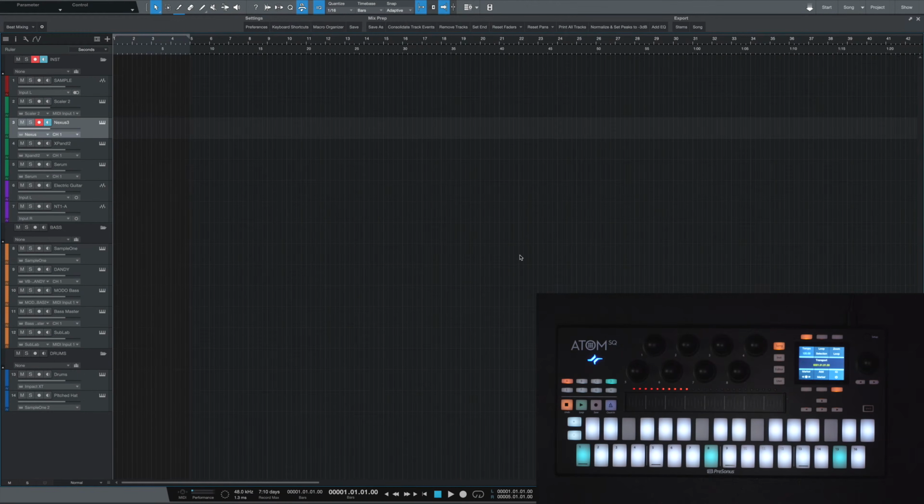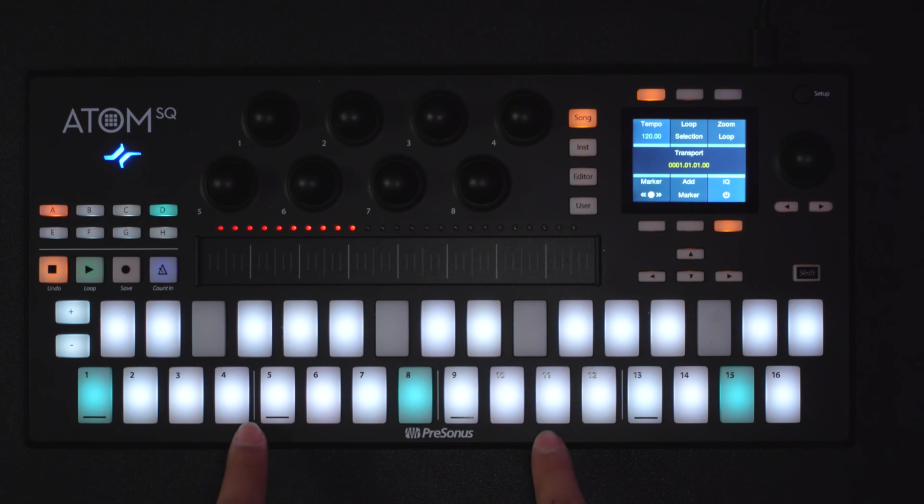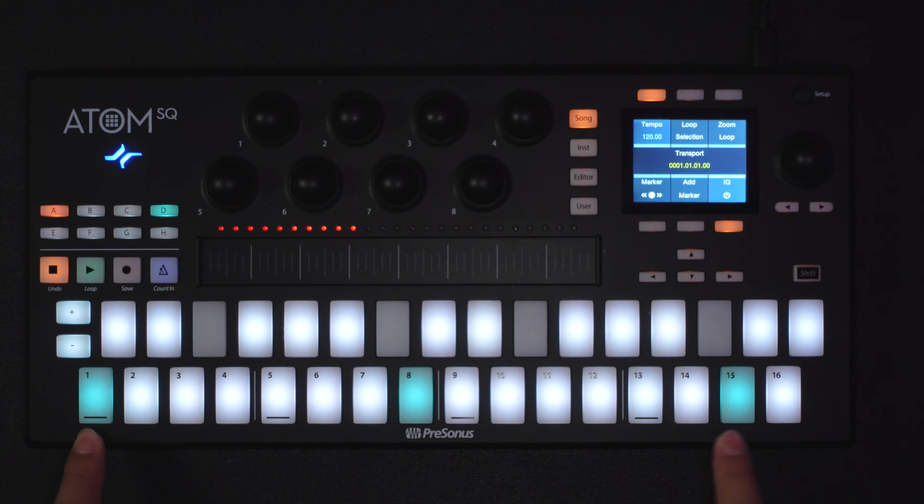Okay, so jumping into Studio One, the first thing that I want you to notice is the pads on the SQ and how the bottom row here is labeled with numbers 1 through 16. Now you might be thinking, well yeah, that's just so you know how many you have, and you're right, but